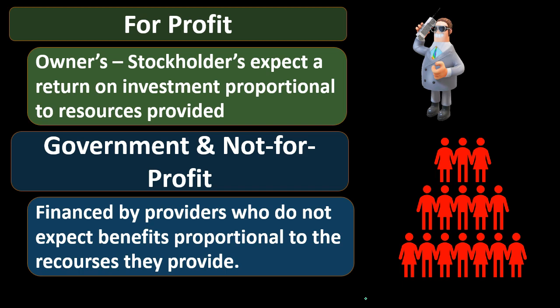So in other words, if we think about a government type of organization, they're going to get resources in terms of tax dollars in order to pay for necessary things, but the people paying in the tax dollars aren't looking for a direct return. They're not expecting a direct return in the same way that you'll have with a for-profit type of organization. Therefore, the oversight is a little bit more difficult to see because the people putting the money in are not regulating in the same way that you would think would happen for a for-profit organization, because you don't have that direct return type of relationship.